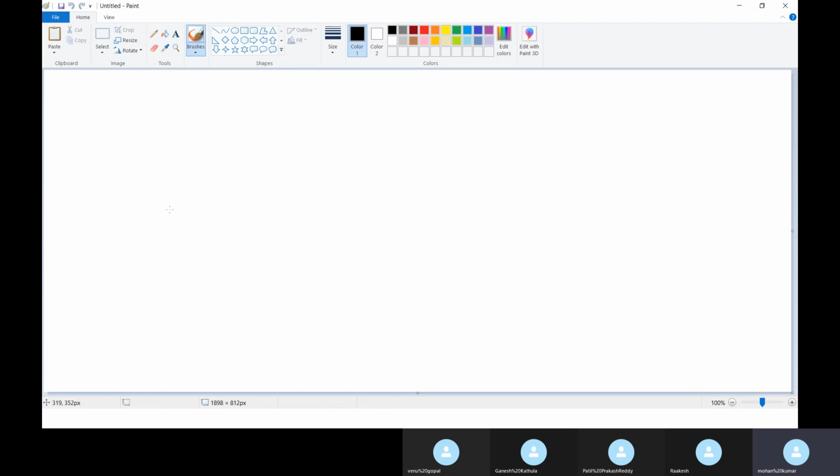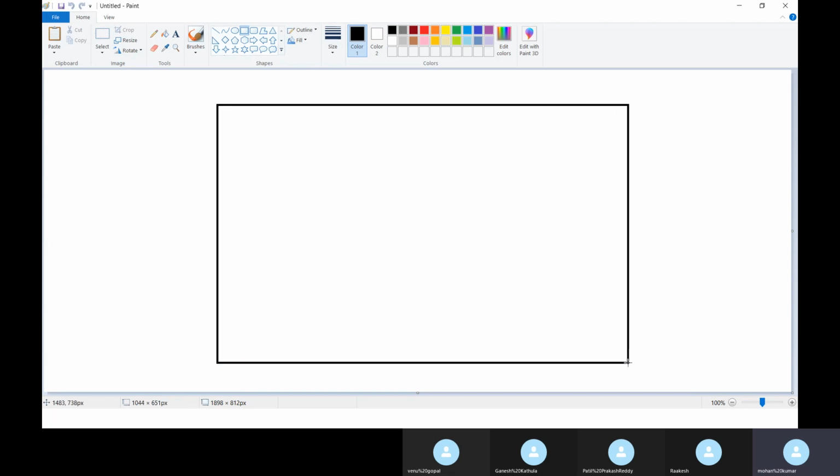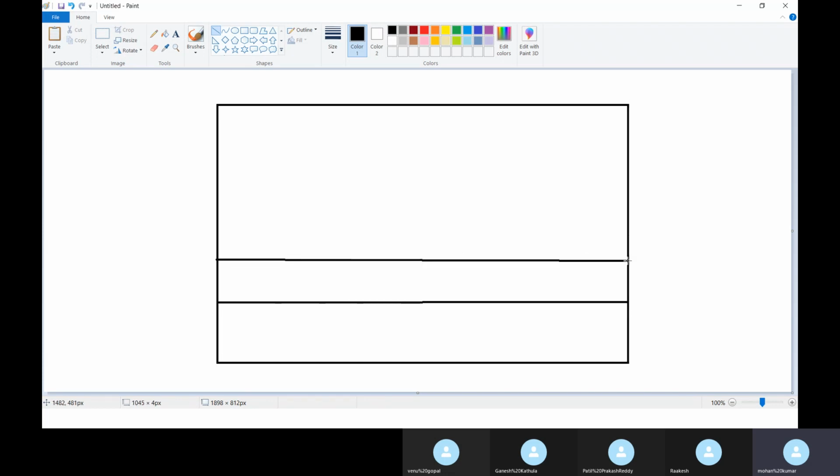Okay. So now I have this scenario. I have a system, and I have an OS running on it. This is the hardware part of the system. On top of it, we will have an OS. And we will have different processes running. When I say processes, it can be Chrome, Notepad, Firefox, anything that runs on your machine.